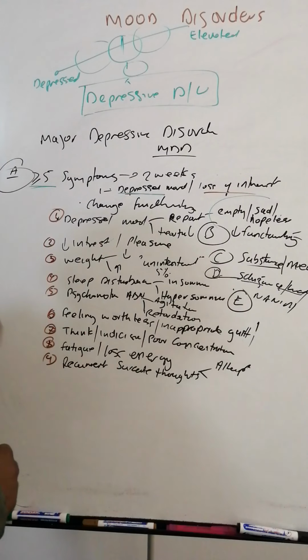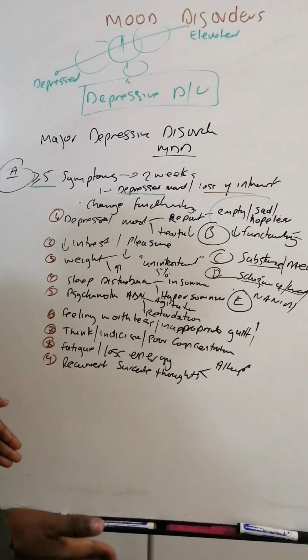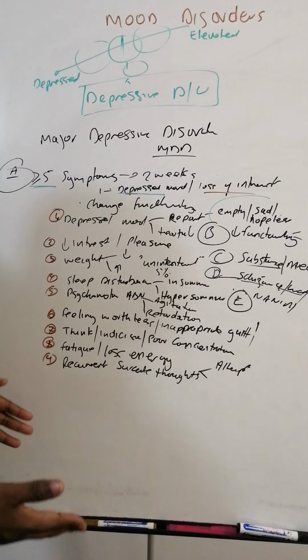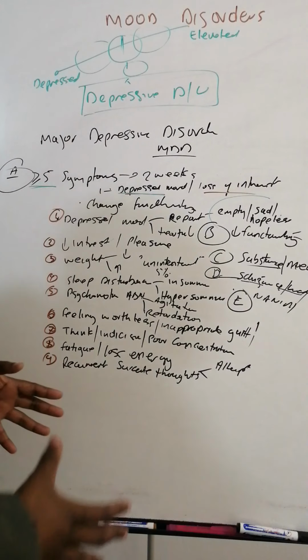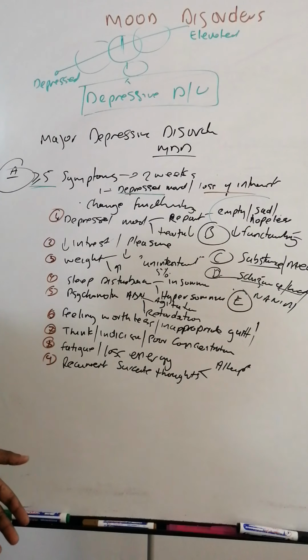Then they can feel worthless. They can have inappropriate guilt or excessive guilt. You know, when you've got excessive guilt, yes, you are to be blamed for whatever happened, but sometimes the guilt is just too much. It doesn't correlate with what you have done. Let's say you broke a cup or a glass, someone's cup, but the guilt that you have is as if you have murdered someone. So that's an excessive guilt.